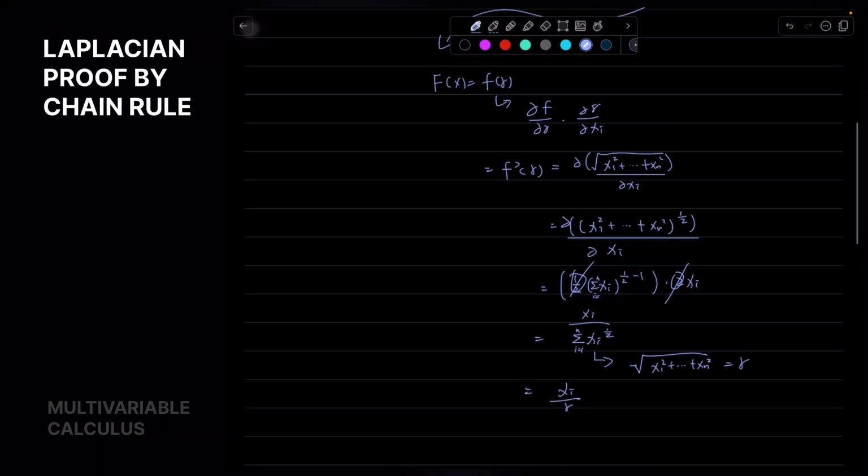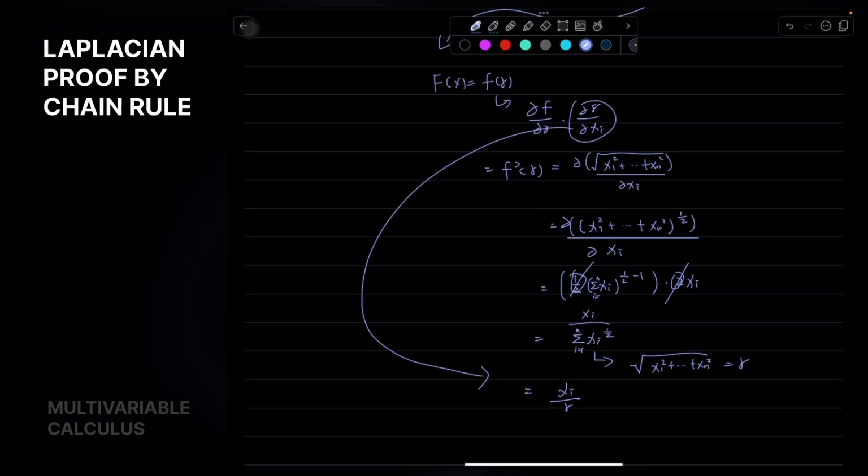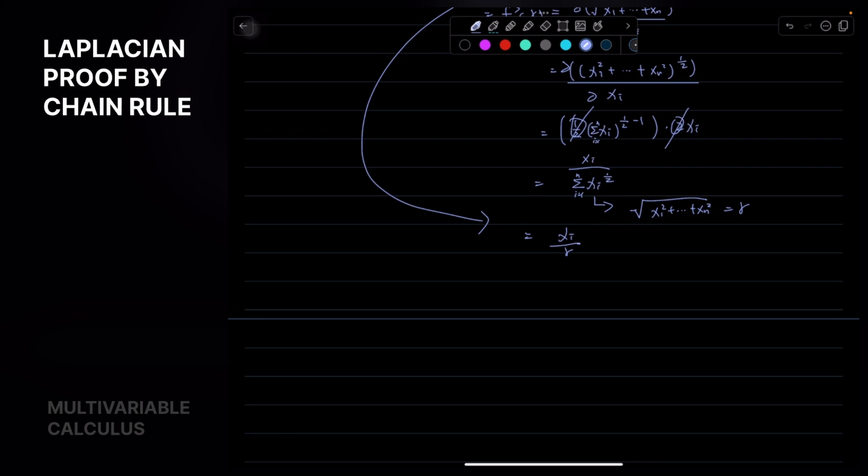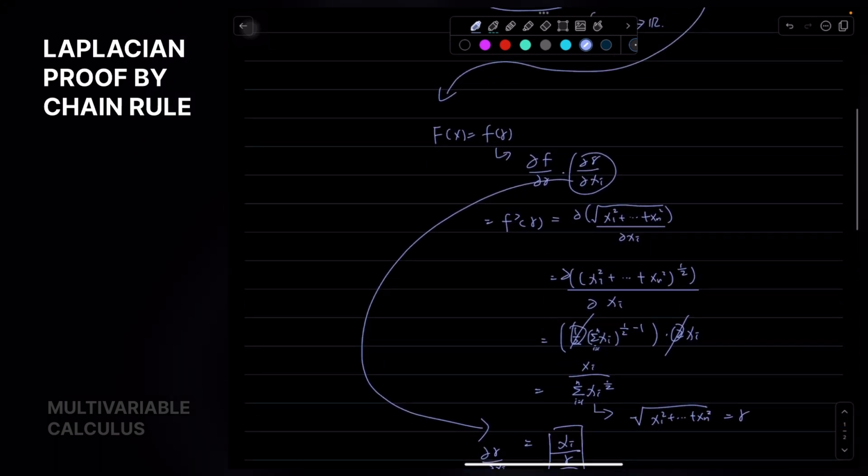So we now get this equation. We take the partial derivative of r with respect to xi, we get this. So back to the question, we write the result as